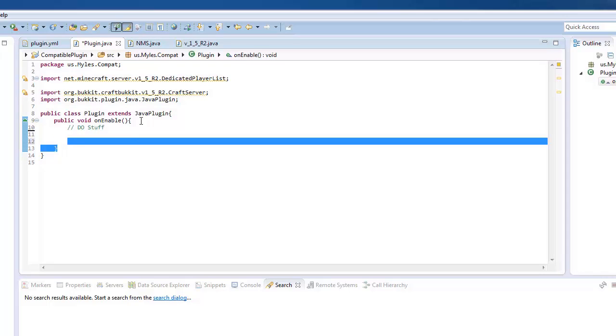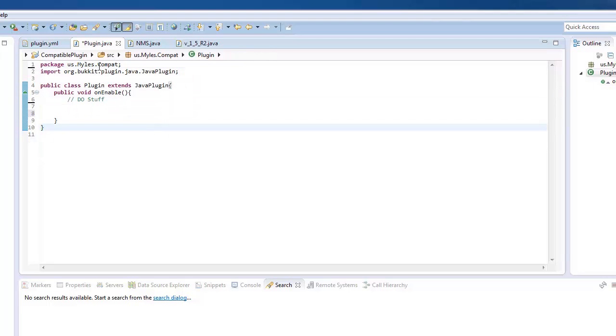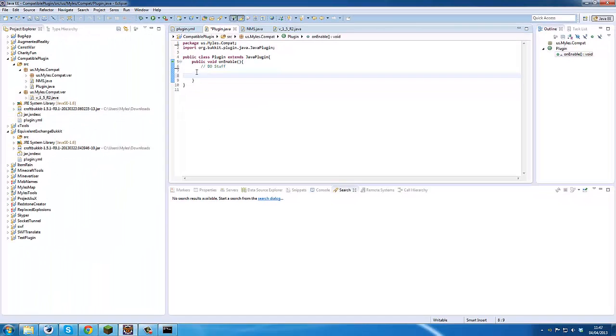Now what we need to do is remove all this code. So you want nothing which refers to Net Minecraft in here. You want it all sort of in here. Well, we're going to use reflection to do this. So we're going to start off by